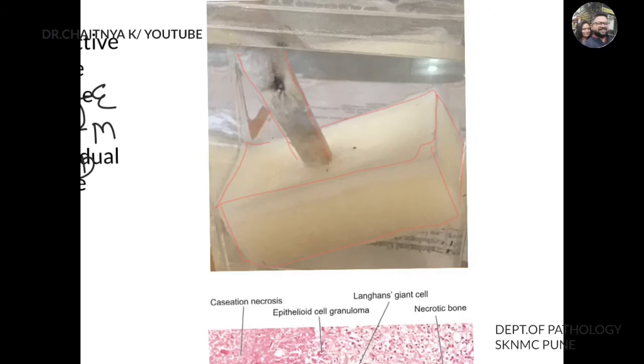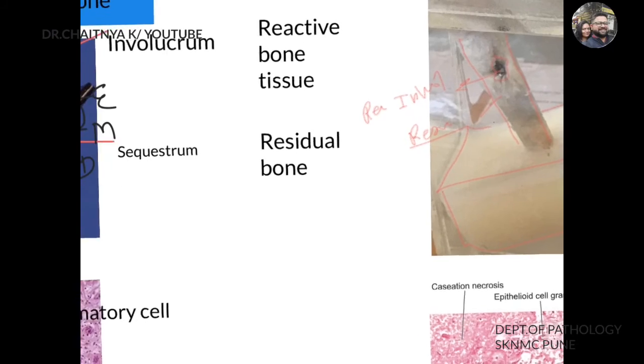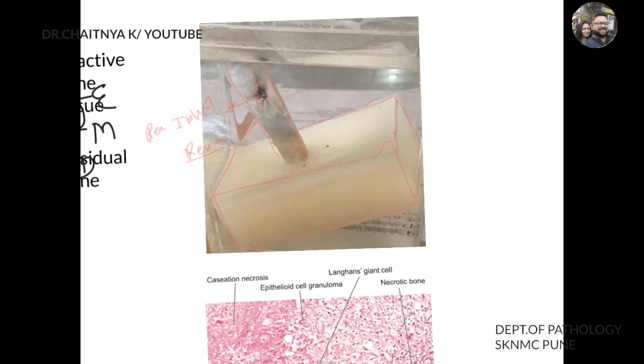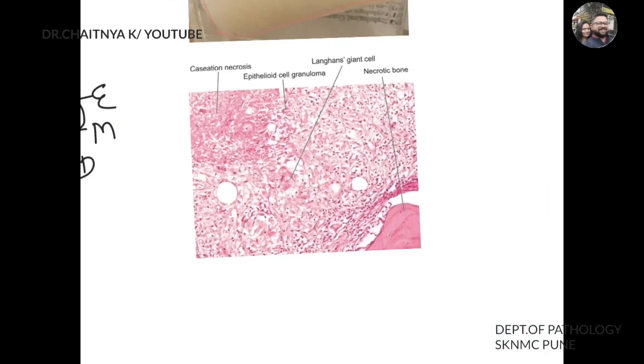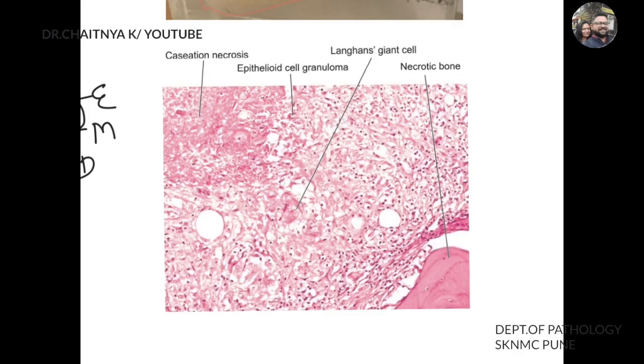So this is the picture of bone which is showing a sinus-like lesion. So here you can see that this is the tuberculous infection, and it is having the involucrum, that is the reactive bone, and then the other one is the residual, that is the dead bone, also called the sequestrum. So this is the gross picture, and the microscopic picture we don't have, but we have